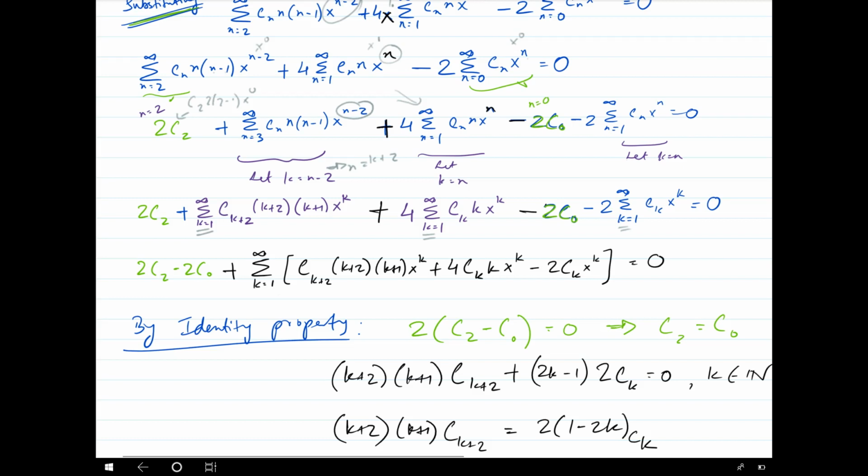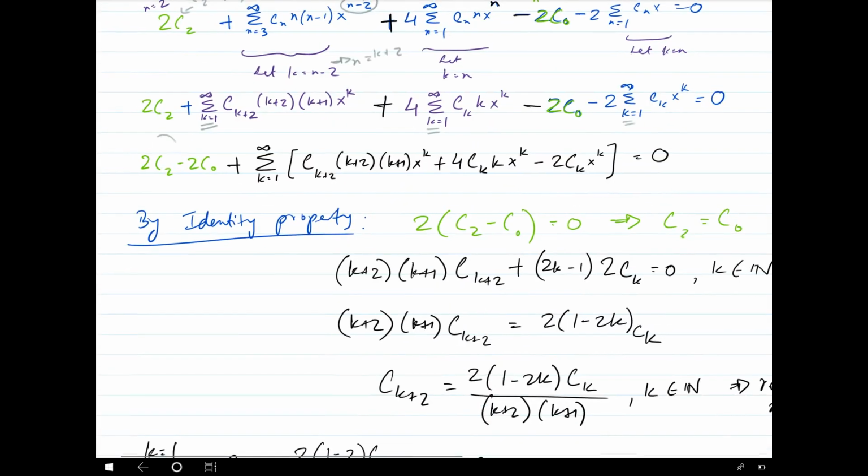So by the identity property, if you're solving this, you can factor out a 2, setting it equal to 0, so you're saying C2 is the same thing as C0. And if you set all of this chunk equal to 0, you can solve for C sub k plus 2. And what I did is I basically moved it to the other side. If you move it to the other side, you have a negative multiple. Instead of writing negative 2k plus 1, I'm just swapping them. So I wrote 1 minus 2k. And you can solve for C sub k plus 2,